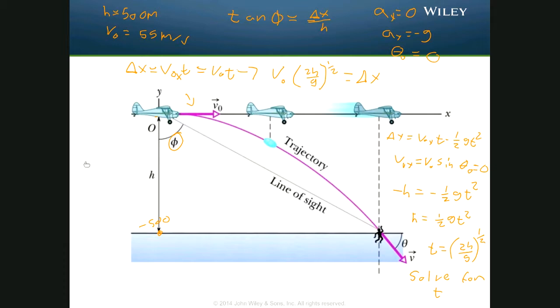So we can write down here, if you want to see it symbolically, that phi equals, I don't do the tan of -1 anymore because I'm trying to make that be the inverse, but that's the button you would look for. So I'm just going to write it out: arctangent of delta x, which is v naught times 2h